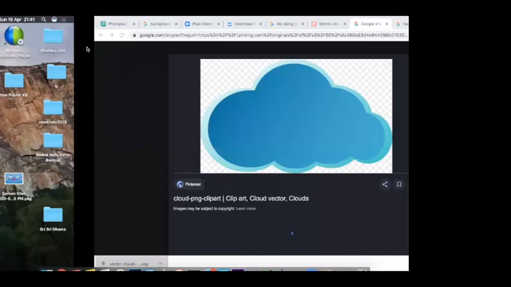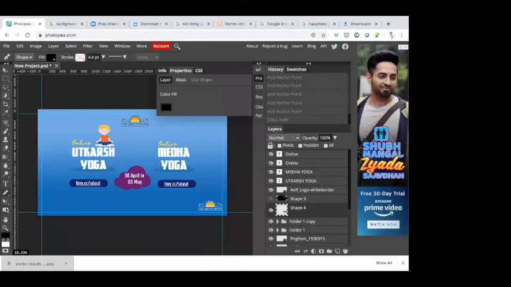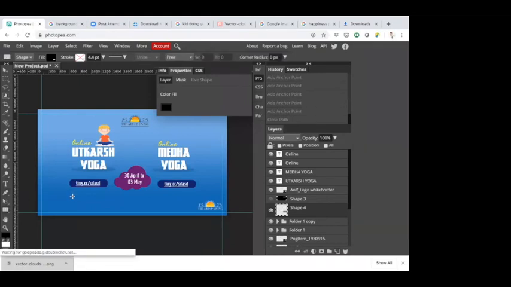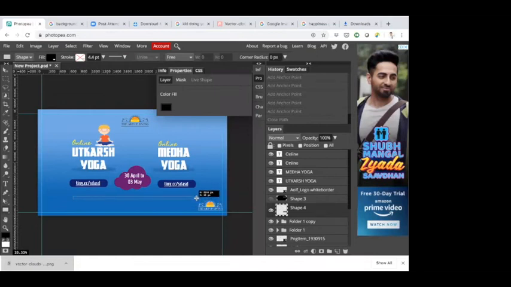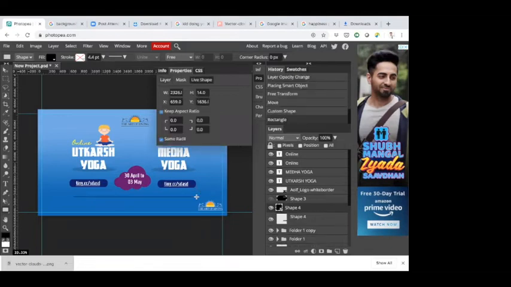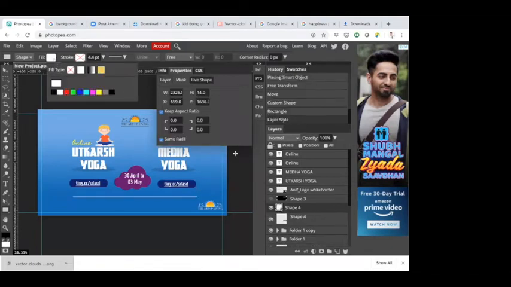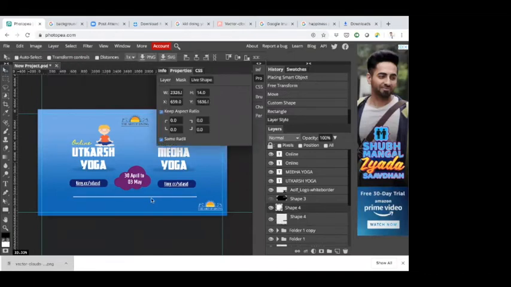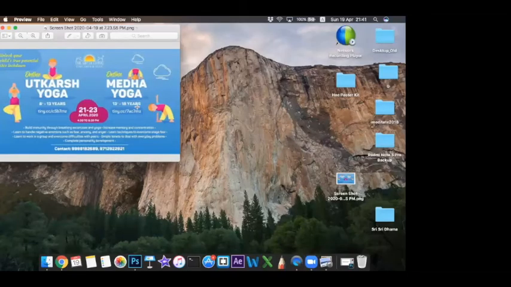For that, you can simply use the rectangle tool, draw it on top or draw it on the bottom, and then decrease the width of the rectangle and change the fill to white. So what this will do is it will simply put a divider in your poster. Okay, so that is also something very useful. It's very useful.